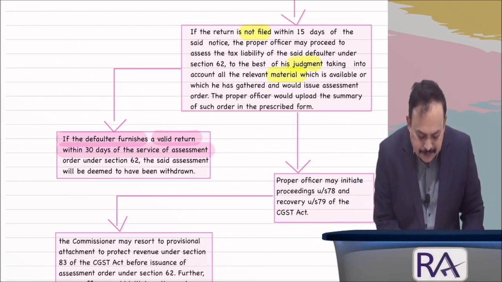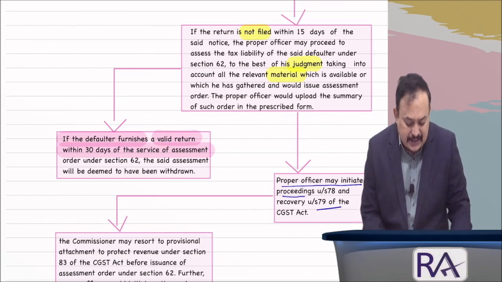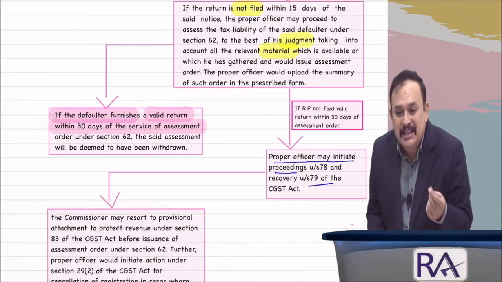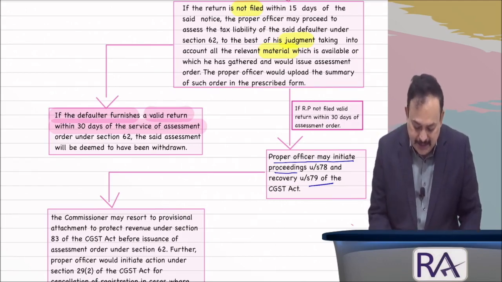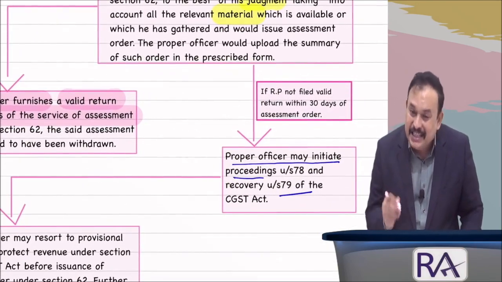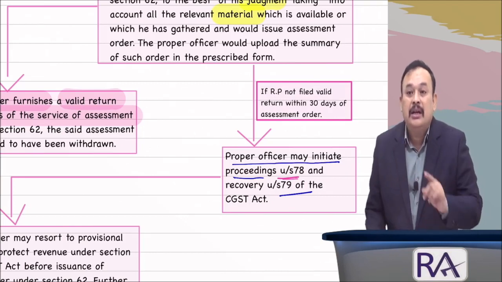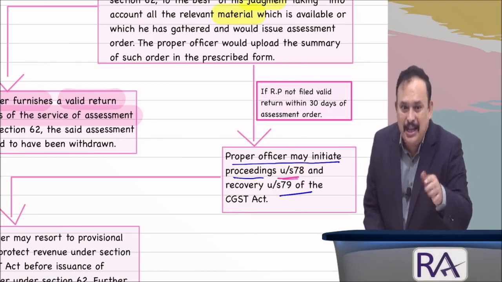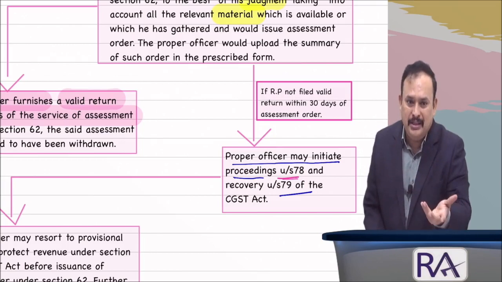Further, the proper officer may initiate proceedings under section 78 and recovery under section 79 of the CGST Act. This comes into picture if the registered person has not filed a valid return within 30 days from the date of issuance of the assessment order ASMT 13. In that case, the proper officer may initiate proceedings under section 78. What does section 78 say? Within 3 months from the date of the assessment order, recovery takes place, and the assessee has to pay. If he fails to pay within 3 months, or the period mentioned by the officer, which may be less than 3 months also,